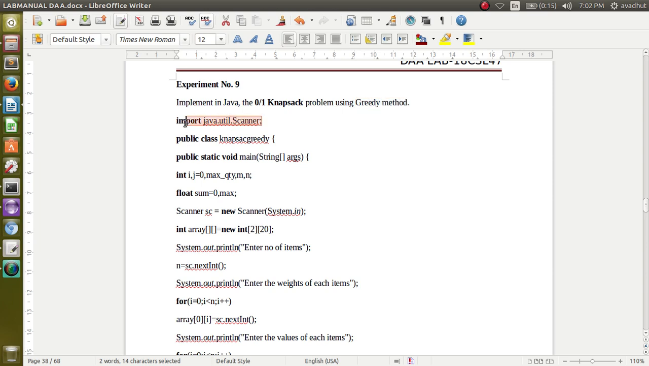In the first line, again I am importing the scanner class which is used for reading the data, and next I am creating a class called knapsack greedy. Knapsack greedy is a class where we are finding the solution for the knapsack using the greedy method. Inside that we directly have the main function here. We are declaring a few variables here: i, j, max quantity, m and n. m indicates the total weight of the knapsack, n indicates the total number of items, max quantity will indicate the total